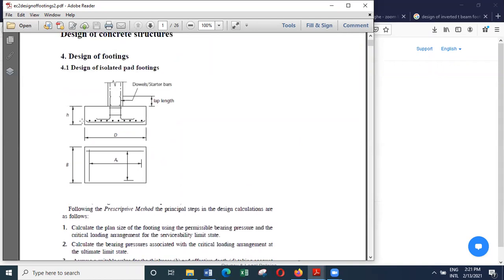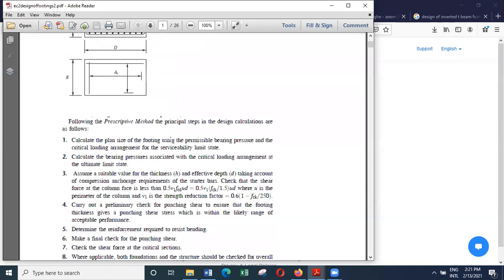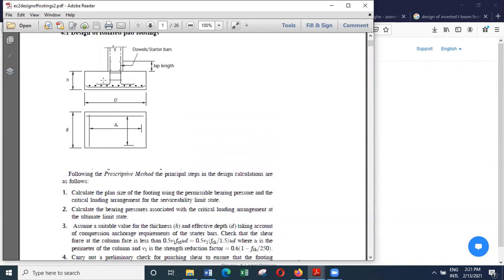So basically what you have to do is, first you have to select the size of the footing, and then we have to design all the other parameters. So we'll look at this in a little detail because we'll be making use of the same method in all the other types of bases. So the first thing that you have to say is that there will not be a crushing failure of concrete due to